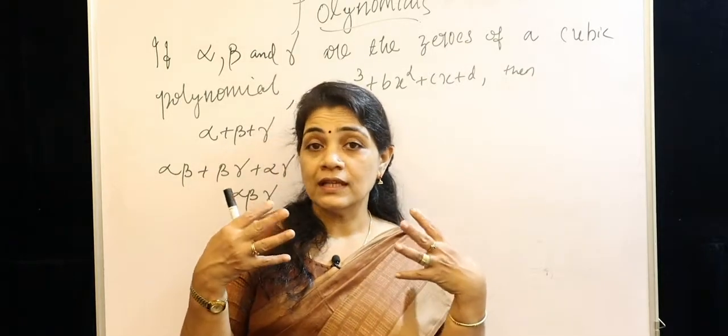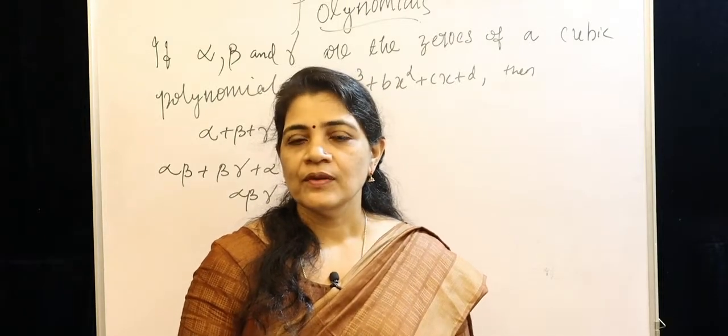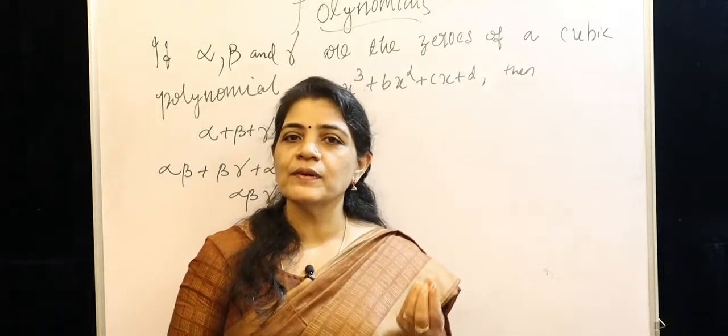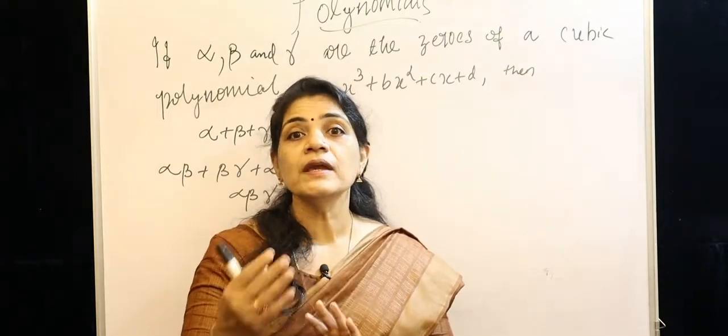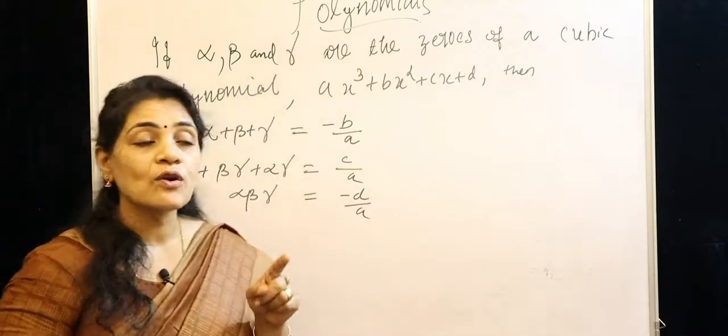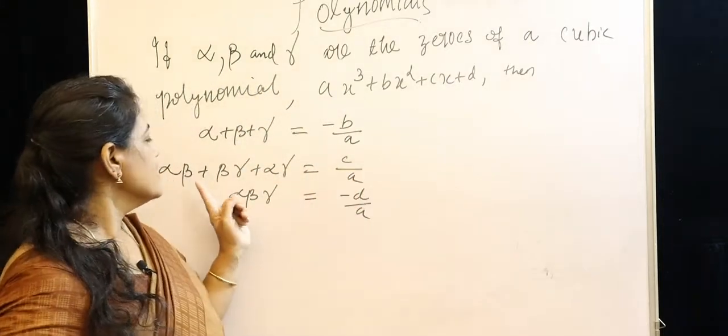So how can the sum of the zeros be expressed? Alpha plus beta plus gamma. And when we compare the coefficients, that can be equated to minus b by a. And the second one,